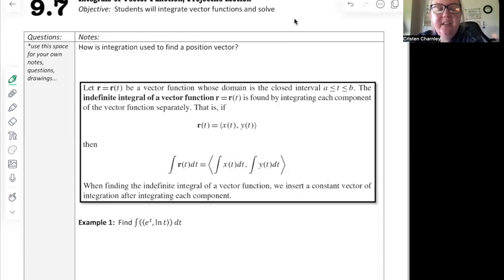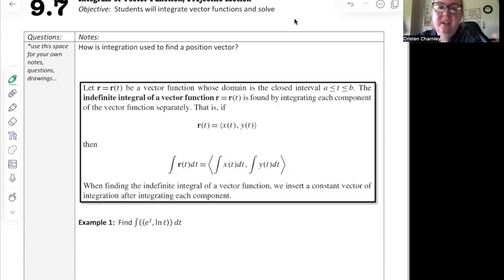9.7, integrals of vector functions and projectile motion. It's a continuation of 9.6. Students will integrate vector functions and solve. So how is integration used to find a position vector? Well, if we're given something like velocity, we can integrate and get to our position vector, just like we did